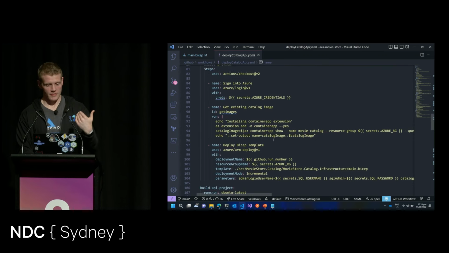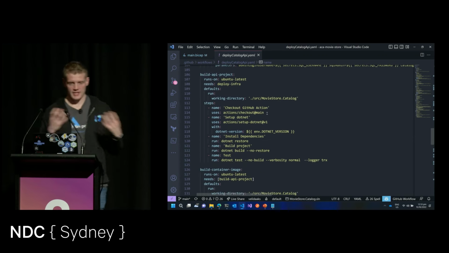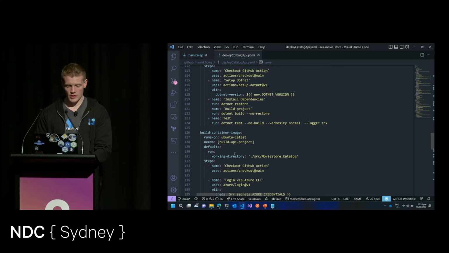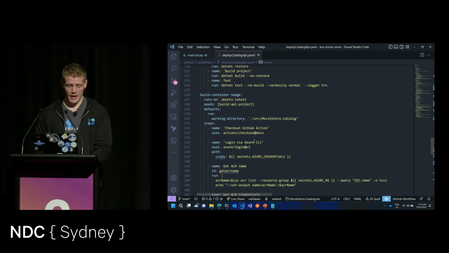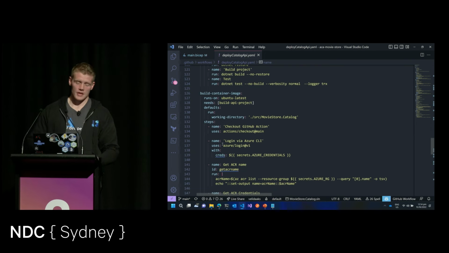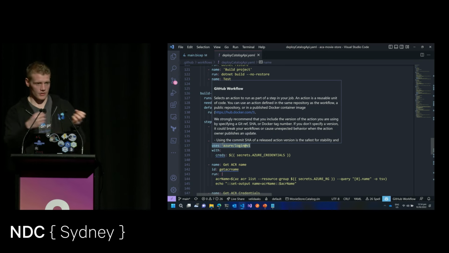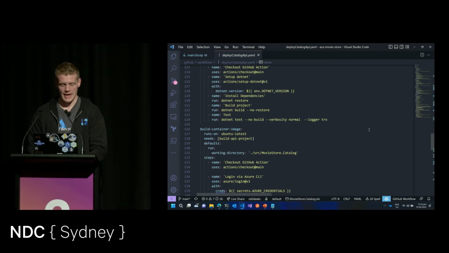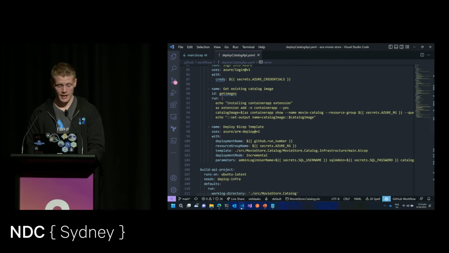So once I've built my infrastructure and it's ready, I can start to build my API, containerize it, store it in Azure Container Registry, and then deploy it to my container app. And it's also good because we're running tests on our API project as well. Before we start building it, you can also use this approach to test your infrastructure code and also do some security checking on your container images and scan your container images as well, rather than what we were doing earlier